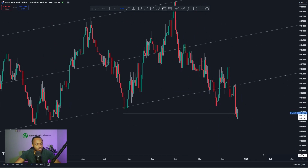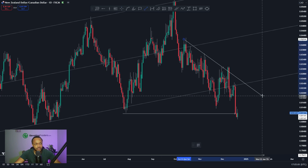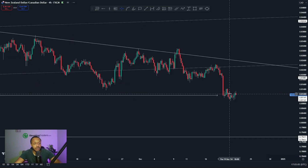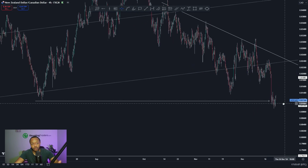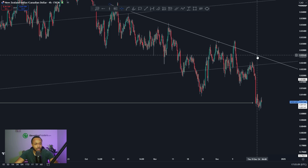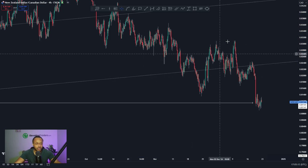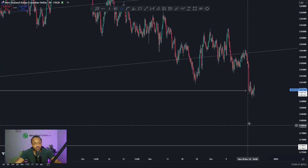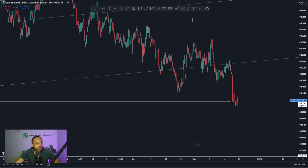Looks like this bearish trend has just continued, and finally we're starting to see some nice momentum as well, which is the key thing I was speaking about with New Zealand CAD and Aussie CAD the past couple of weeks, is that we've been very corrective. So even if we do get a nice breakout, I want to see momentum. If it's kind of slow and corrective, I'm not going to be looking to trade it, but we've picked up some nice pace. So again, the next plan is to look for that next lower high and the next short